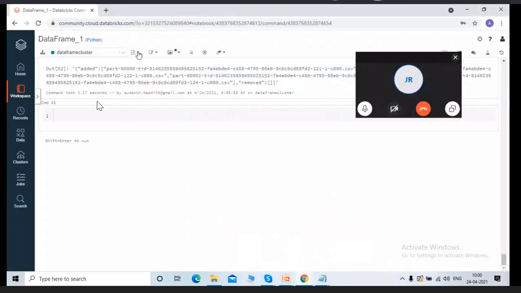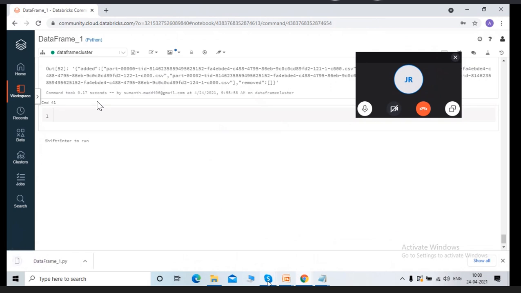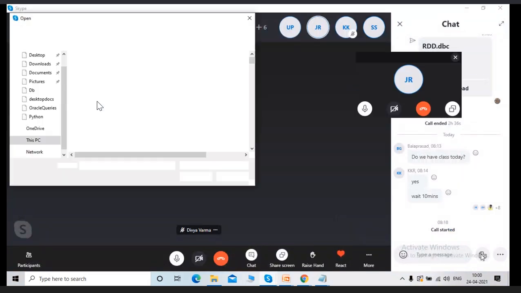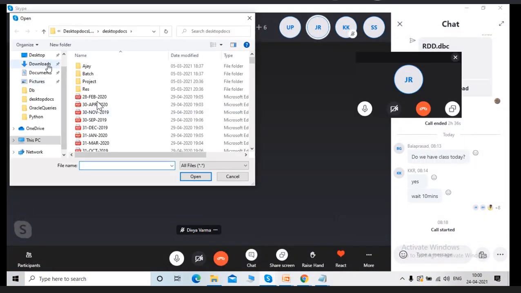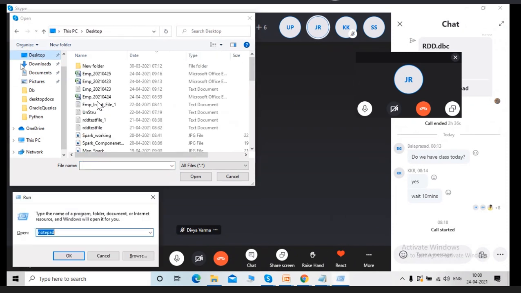Sir, one small doubt. That mode you were saying, append and overwrite. Append is when we know we want to have the same consistent number of files, correct? Forget about the consistency.